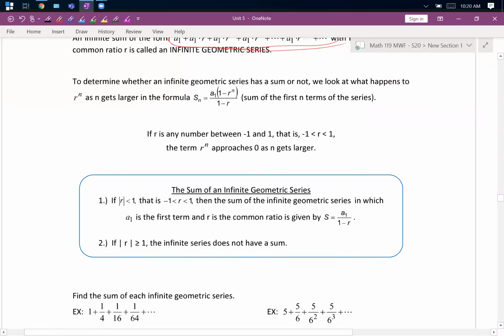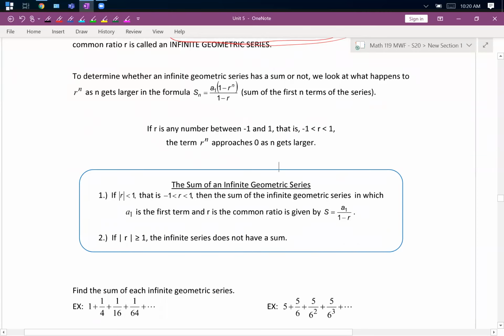All right, well, if our term r to the n approaches 0, when r is in between -1 and 1, we can simplify this formula. So if this becomes 0 here, and we clean that up, then we end up with s being equal to a sub 1 divided by 1 minus r. And you'll notice the difference in the notation. It no longer says s sub n, it just says s, which means it's the sum of all the numbers. Whereas that notation s sub n means it's the sum of the first 17 numbers or whatever. So when you don't see that n there, that means that it is